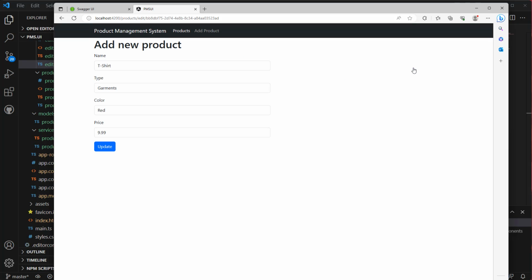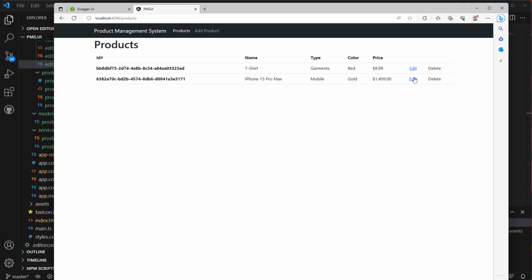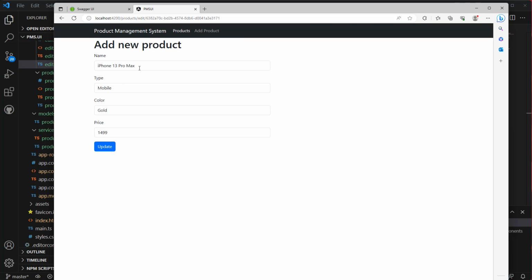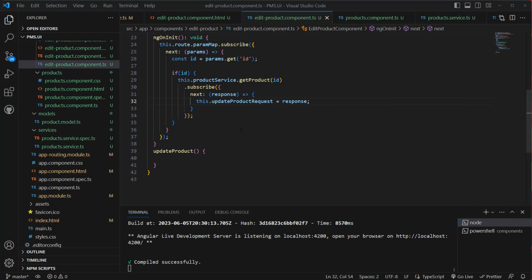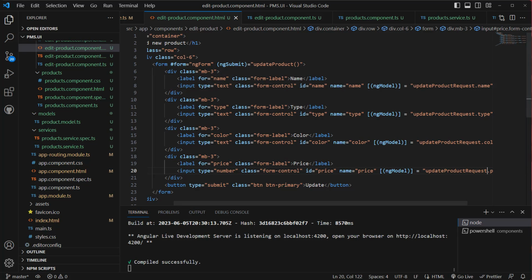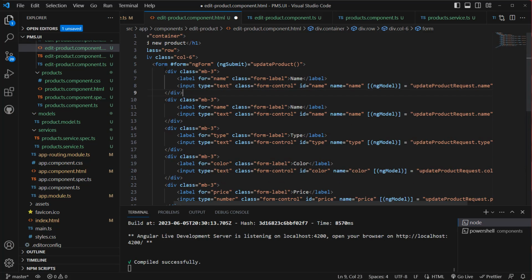If you click on this one, you can see it is pre-populated, right? And if we click on the mobile, you can see this is pre-populated. We can also show the ID here, right? I guess we can show the ID which is non-editable. Let's do that. So what we can do, we can have like an ID field over here, give it a name ID,